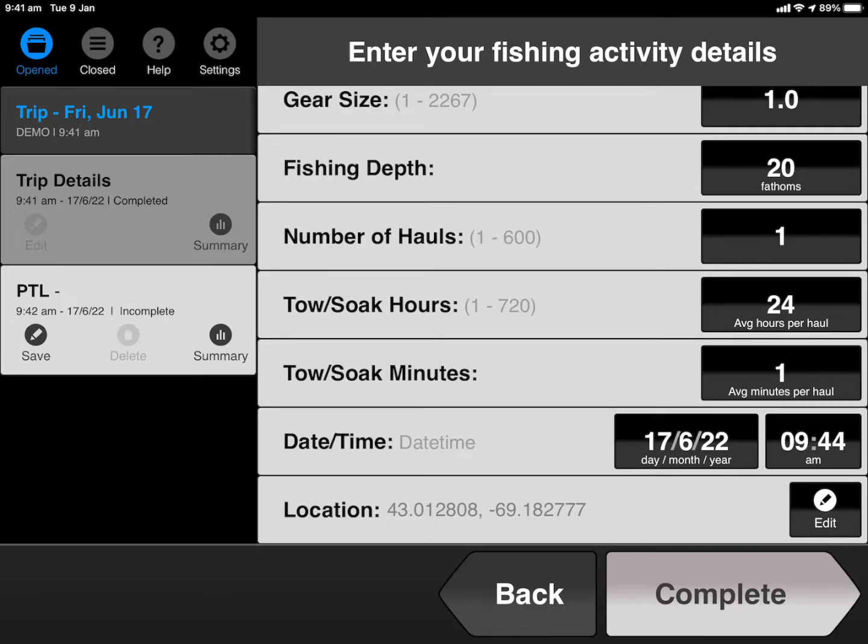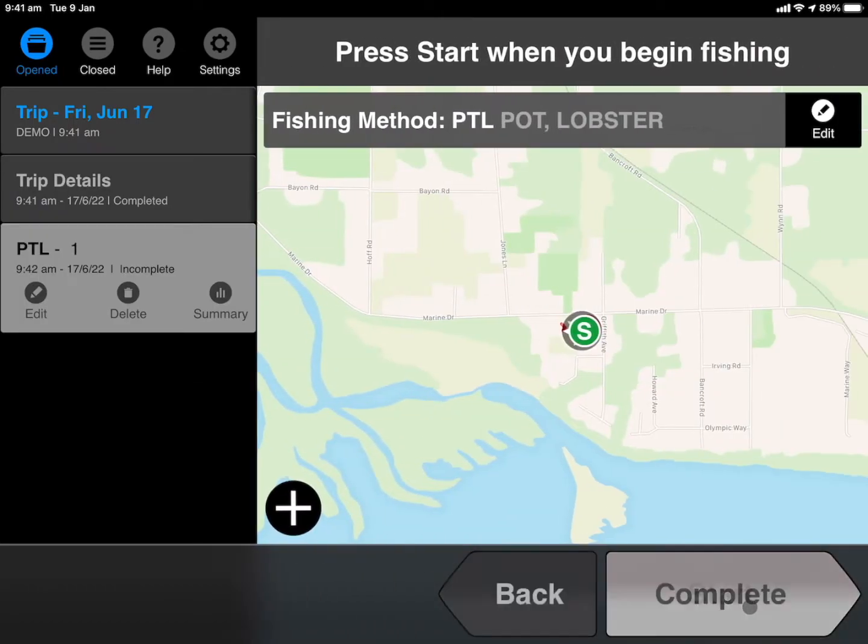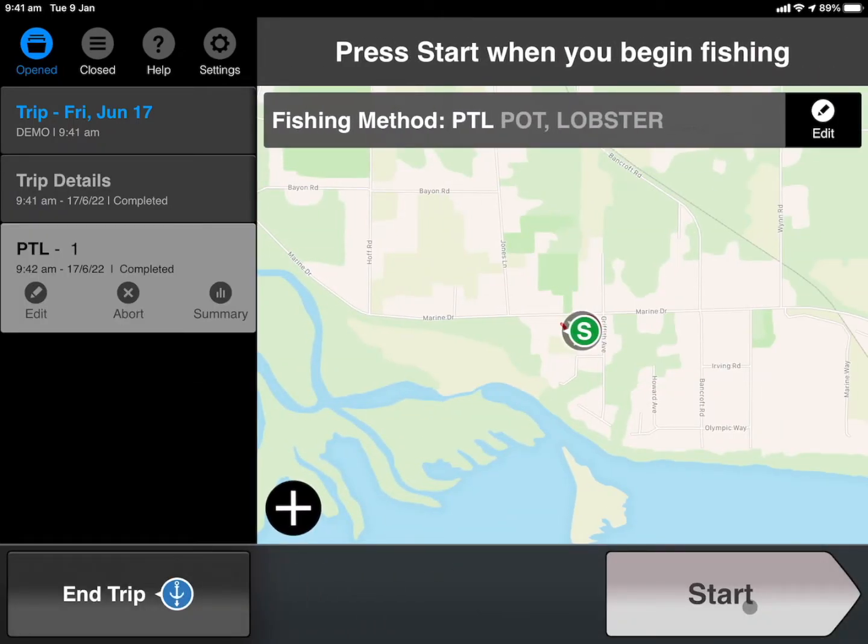If you're filling out this report after you've gotten back to the dock or after you've gotten back to your house, then you'll need to drop the pin in the appropriate area on the map where the majority of your fishing activity took place for that particular fishing effort. We'll tap complete now that all of this is complete. Now we've completed a full loop, and we're back to the point when we could tap the start button again